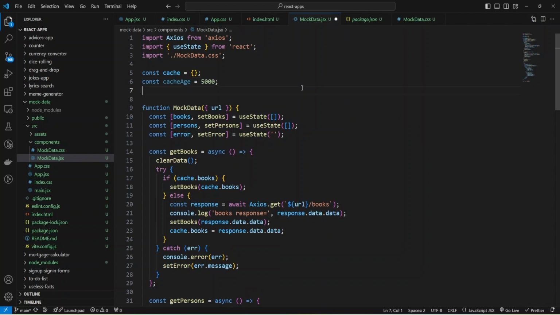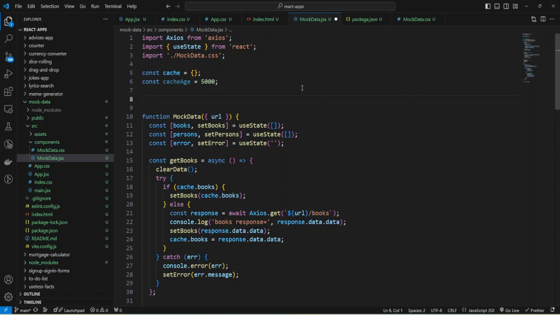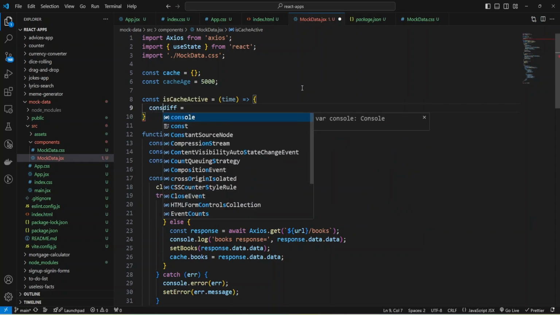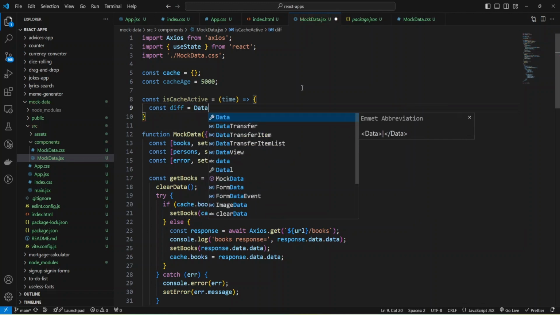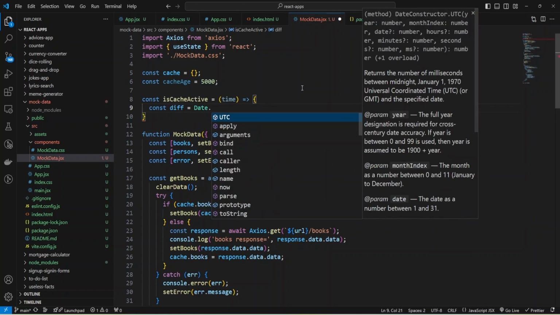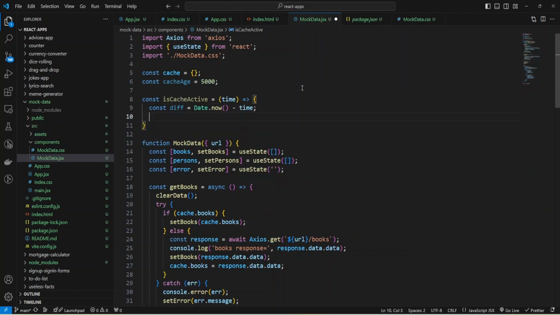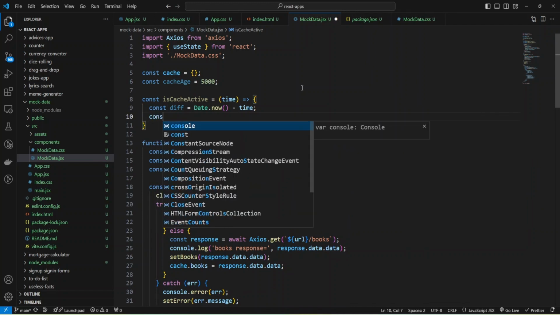I will use milliseconds, and it will be 5000 milliseconds, and it will be 5 seconds, and I need some function to check is cache active, and I need time as param, and I will check some diff, maybe const diff, and I will use Date.now, current time in Unix timestamp, and I'll subtract time, and I need a variable to just make console